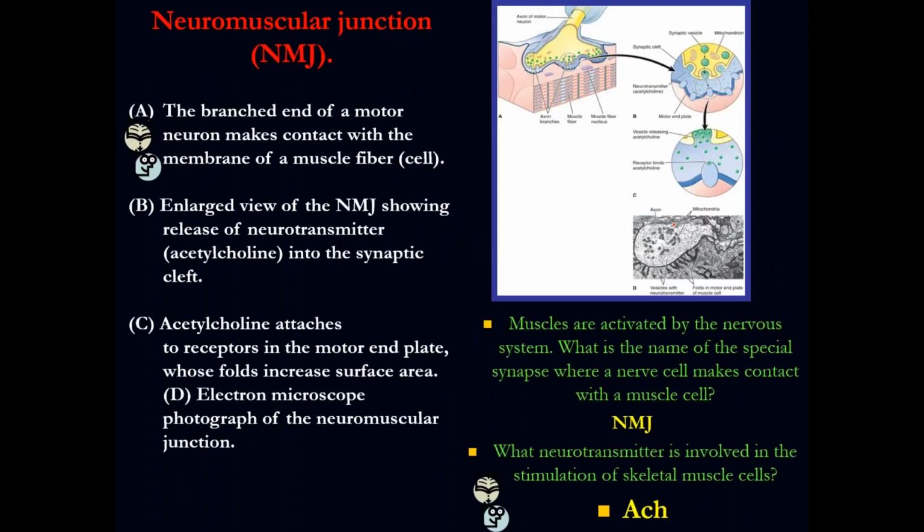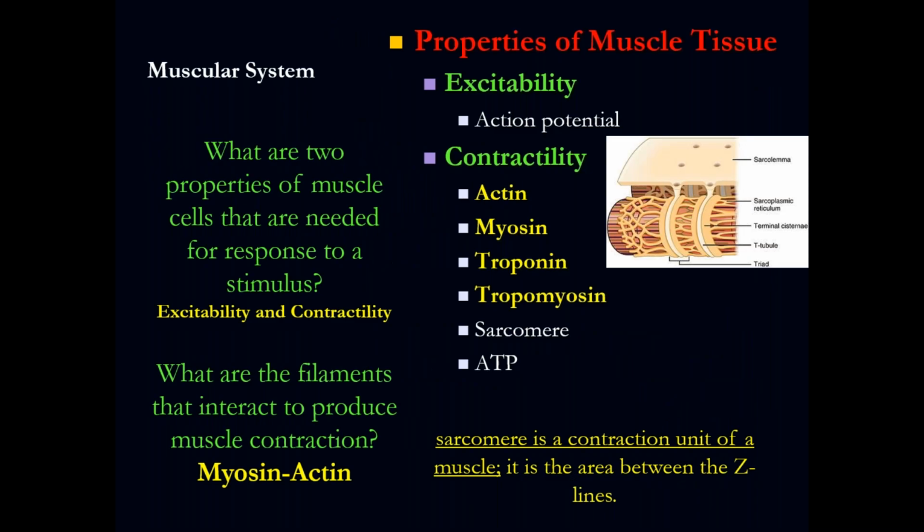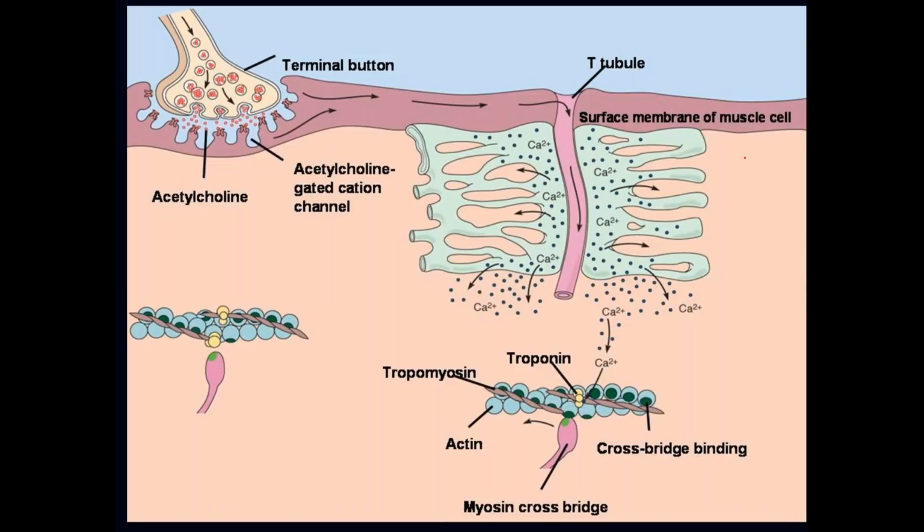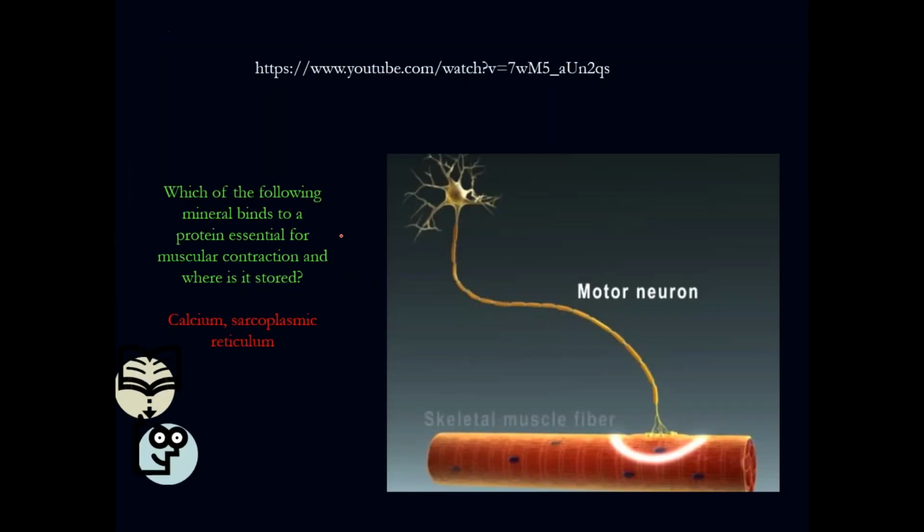So now we will talk about the neuromuscular junction. Here we have the neuromuscular junction. If you see this picture, let me show you here. There you are. In this picture, you have the nerve cell, right? This nerve cell is coming from the spinal cord, okay? This is called the motor neuron. Open eyes, open ears, please. The motor neuron is the one that is making the activation of the fiber.